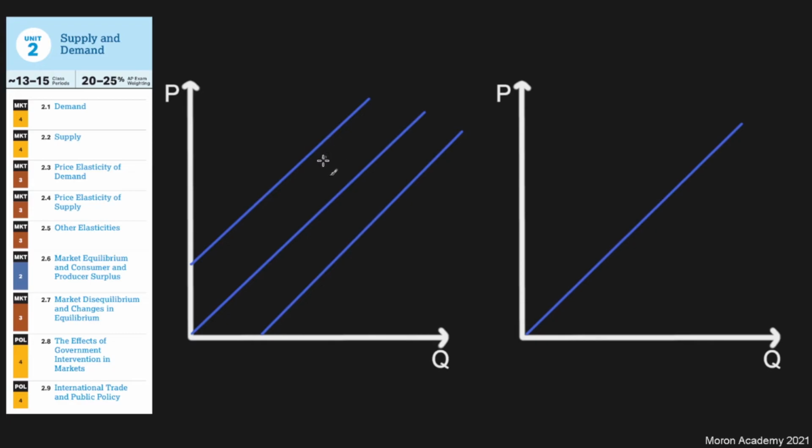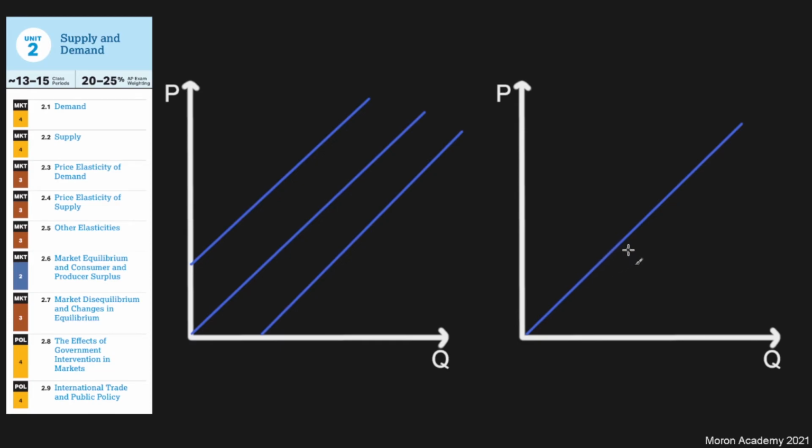Keep in mind that even though this line is going upwards from the original line, it is a decrease. A change in quantity supplied only occurs when the price of the product changes. Not the price of a related product like a substitute, but the price of the original product. Like if we're talking about apple juice, if the price of apple juice goes up, the quantity supplied is likely